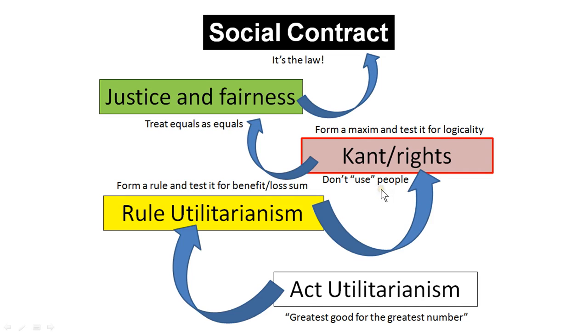A second way of interpreting what Kant developed in terms of principles is simply you don't use people. You don't do things that result in some harm to them, or even a neutral action to them but some benefit to you. And that's fairly easy to understand. Lying to people is using them, it's deceiving them for one of your own purposes.